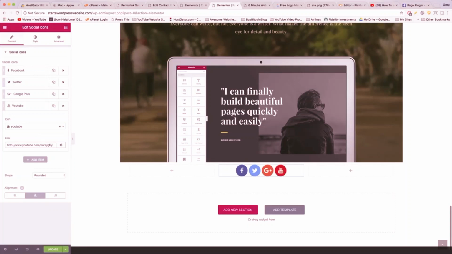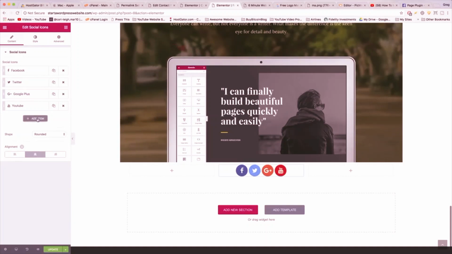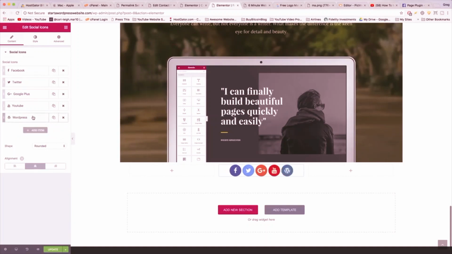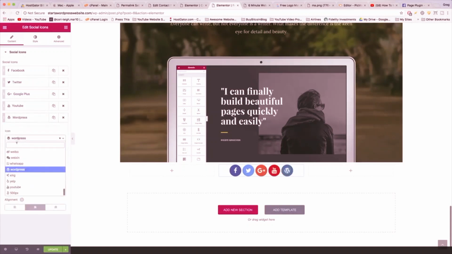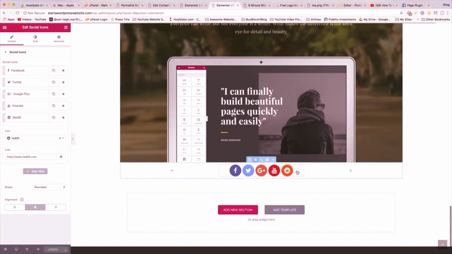And then if you want to add one more, we can add item. And then I'm also going to do one more. So WordPress looks pretty and all, but I'm actually just going to do Reddit, because I started posting a little bit on Reddit. I think it's a lot of fun. You can learn so much, and people just go nuts in those comments. Okay, so now you guys can check out my Reddits. And Reddit's actually a great source of free organic blog traffic if you answer the right questions or you post really interesting links. So, all right, we're gonna update that section, and now for the right-hand column of our footer,